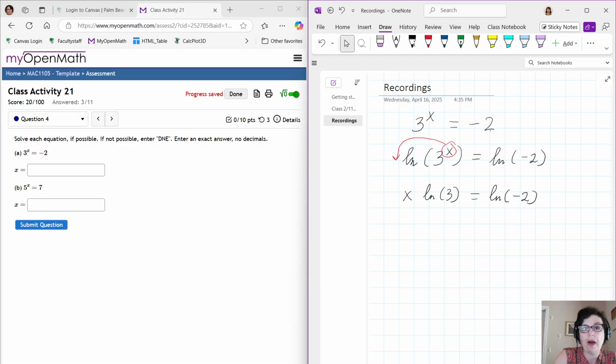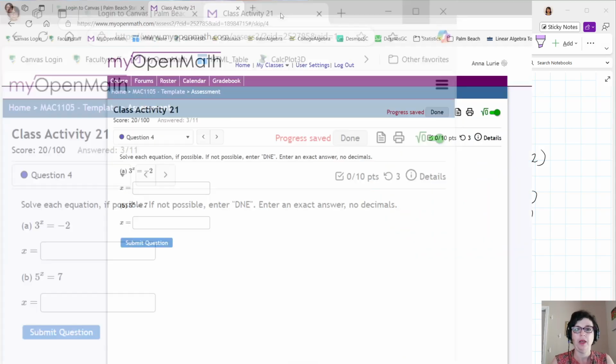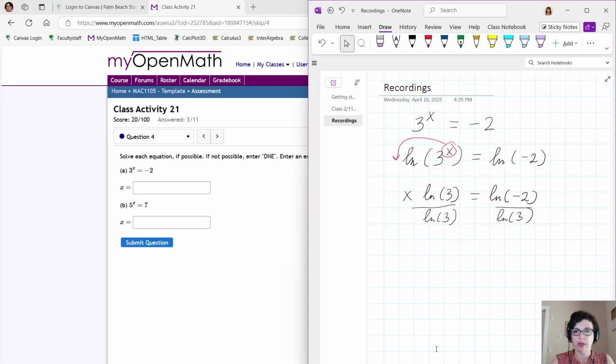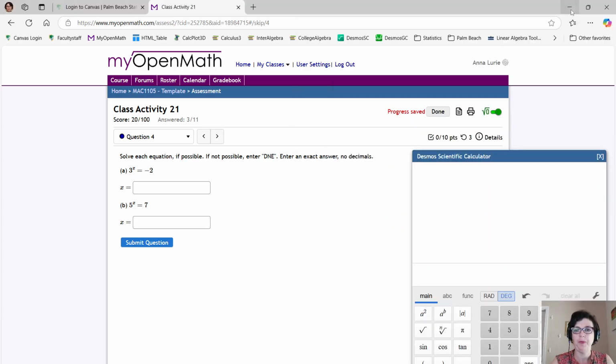So as you're about to solve something like this, you're going to divide both sides by natural log of 3. And then you will just put it on a calculator. But there is going to be a but. As you start putting it on a calculator, this would be something like log of -2 divided by log of 3, because this is just going to cancel on the side. And if you try to do that, the calculator tells you that it's undefined.